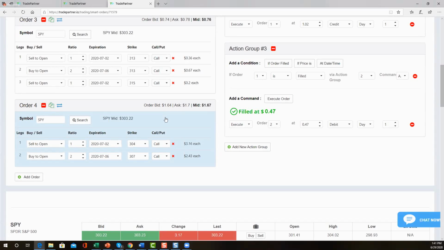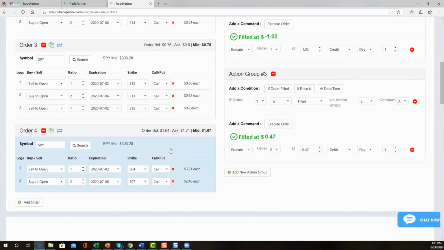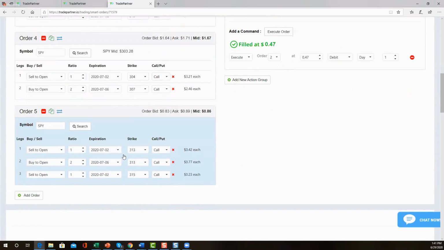If it does it Wednesday, it'll be an even bigger profit. And if it does it on Thursday, it'll be an even bigger profit. All right. So the less time, the bigger the profit on this trade if it moves to somewhere around at the money. Okay. Let's do the same thing with this single bullish trade. And so this would be 2 points out of the money instead of 311, right? So to make it the same exact ratio, we will go with a 306, which is 2 points above what we were just looking at.